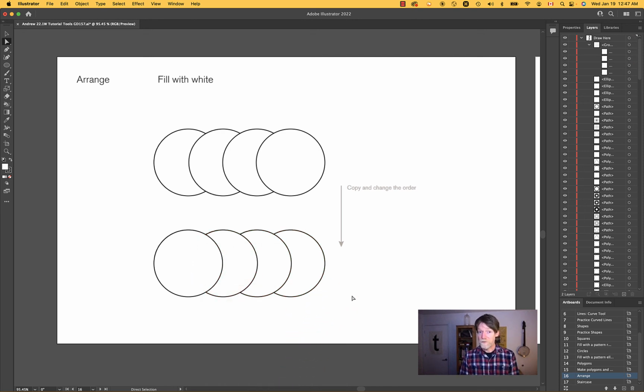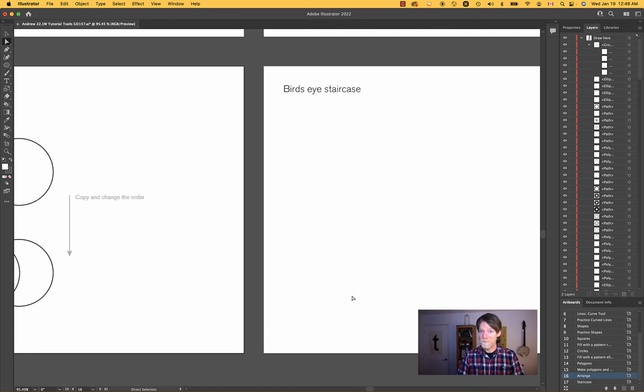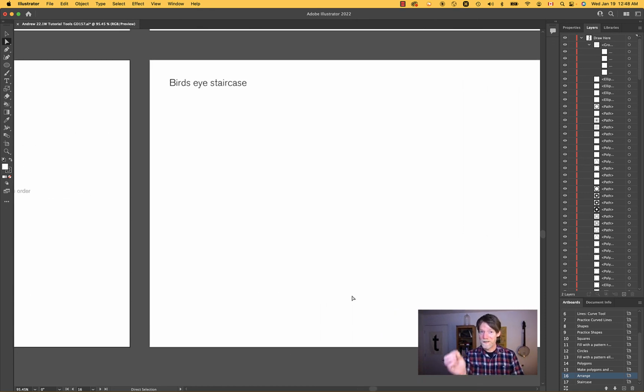So that is Arrange. It's definitely worth practicing. So what I'm going to get you to do is the same thing here, but a longer one. I want you to use quite a few shapes. I haven't specified here how many, but I want you to start by